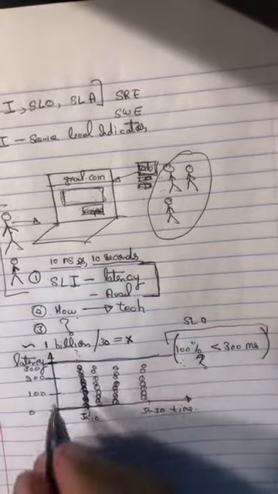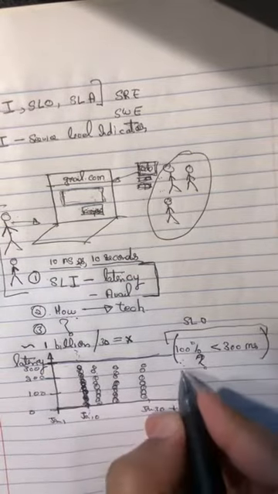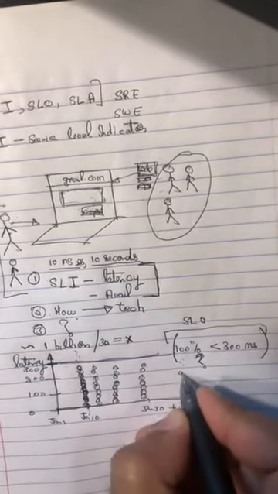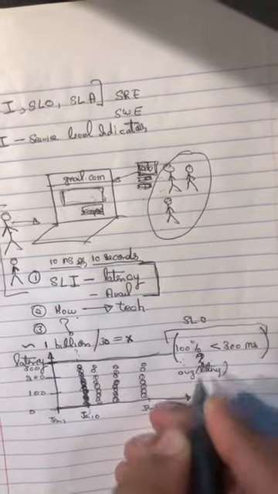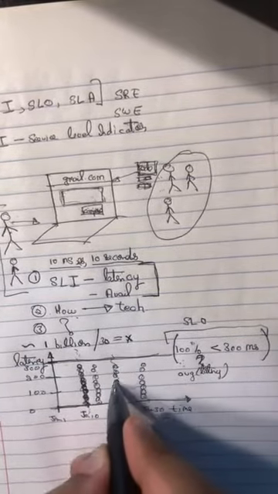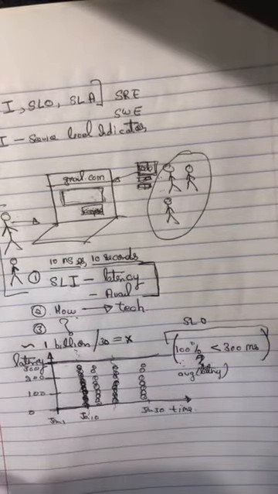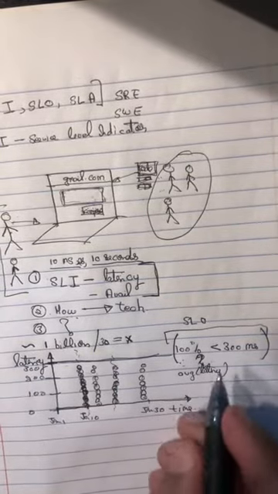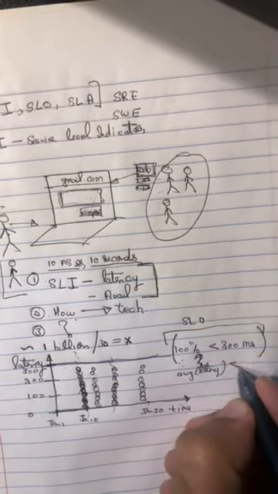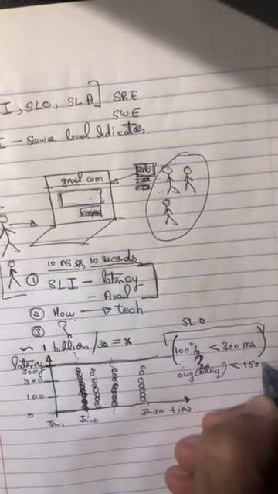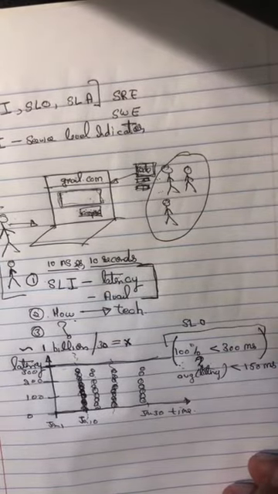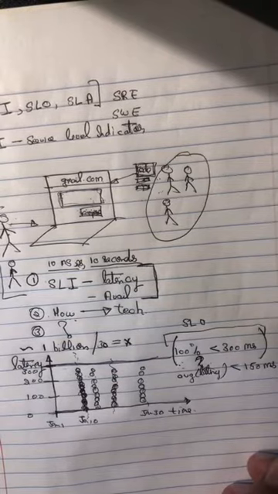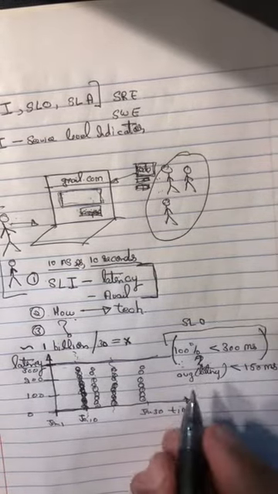For example, they can also set up the average latency. So how do you calculate the average latency? Basically you take an average of all the people, right? So average latency should be less than 150 milliseconds, for example. That is another way to set up your target, that of all the users who are using Gmail, the average latency should be less than 150 milliseconds.